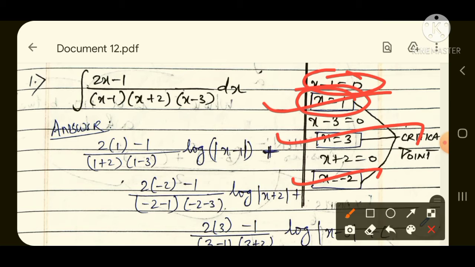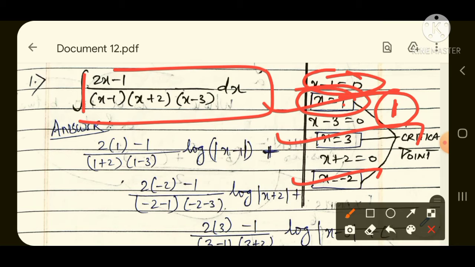So firstly we will take the first critical point. Our first critical point is 1. We got 1 as the first critical point. Now substitute that critical point in this equation. See, we have substituted, instead of x you substitute that critical point, so 2 into 1 minus 1. And that critical point we got after solving this, so we will not substitute in this one. Other than this, we will substitute in all other